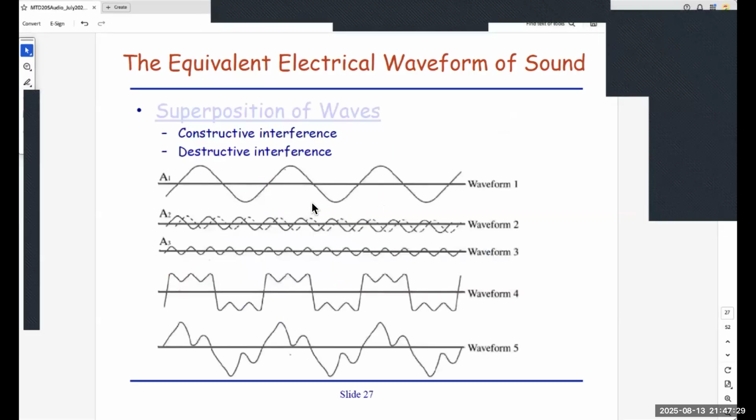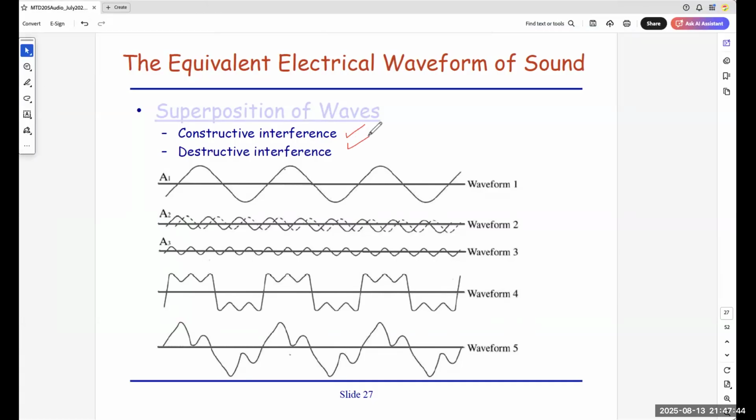And this is more important in terms of understanding what happens if many waveforms add together. This is something that we learned in early school days. Okay, for those who forgot, never mind. There's something we call superposition of waves. The word superposition means adding two waves together, and when you add two waves together, it may cause interference called destructive and constructive. So for example, I have waveform A1, then we have waveform A2, with smaller amplitude.